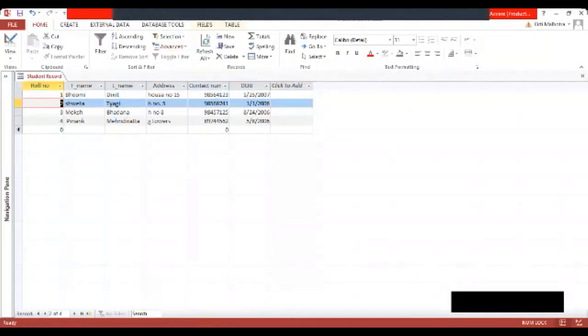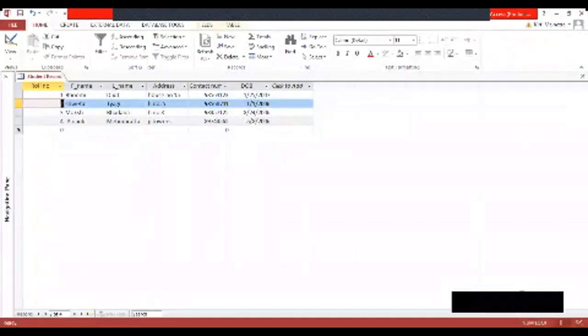Now this is completely edited. Okay, her house number 15 is now edited. Again, I will go to the save button and save it so that it cannot get lost. Is that clear? Yes, ma'am.